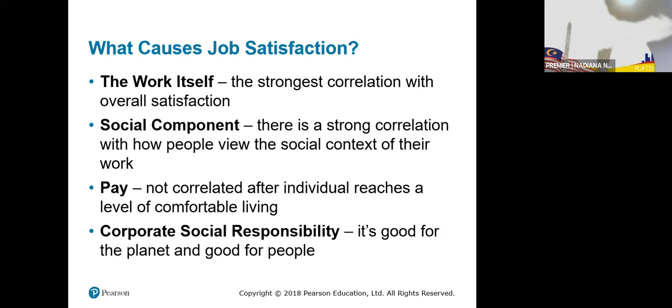Number 4 is corporate social responsibility, CSR. This is good for the planet and good for people. That is CSR. Maybe you enjoy your organization because your organization always contributes to CSR. Right? For example,